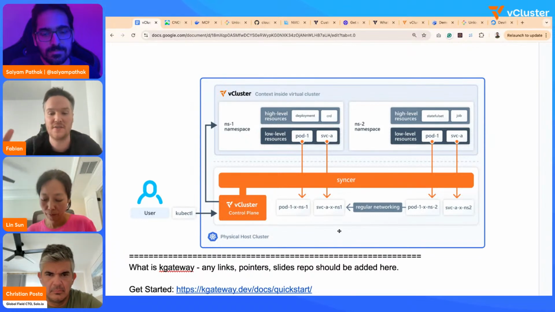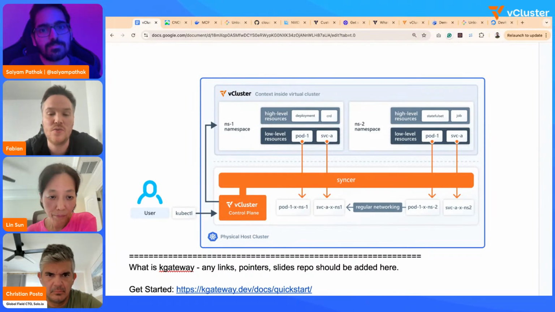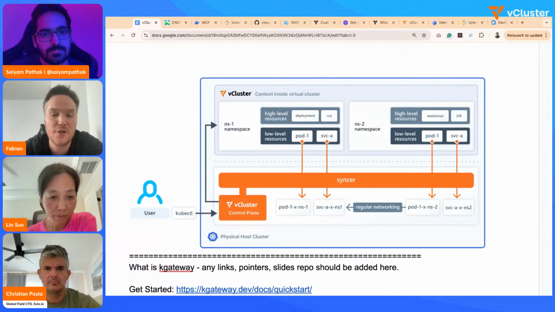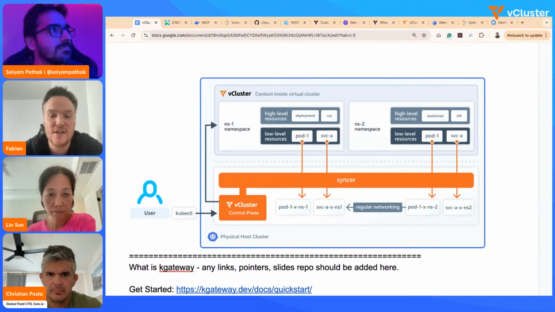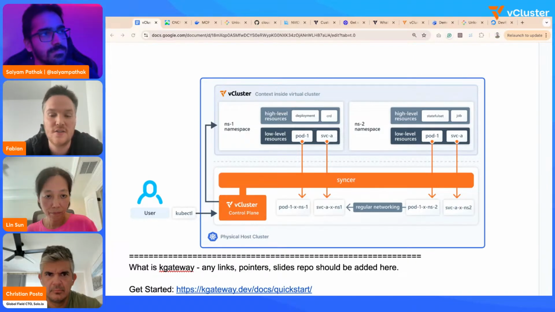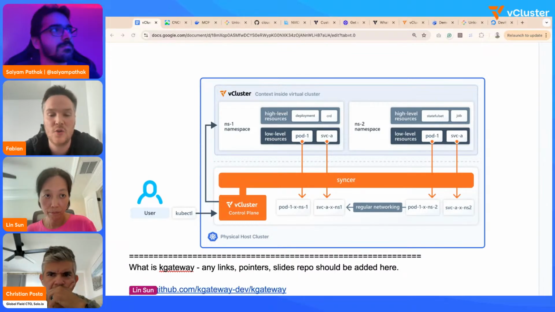So basically, it creates a separate control plane, but it reuses the data plane of the underlying cluster, and hence you can partition a single Kubernetes cluster into multiple virtual ones, similar to how a virtual machine partitions a single host machine into multiple virtual machines. So it's the same analogy for a Kubernetes cluster.